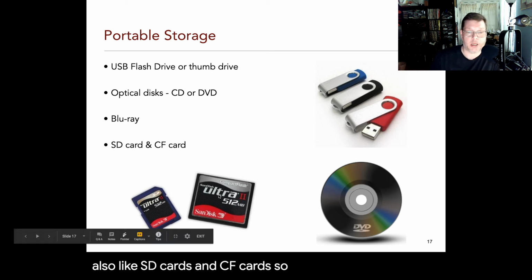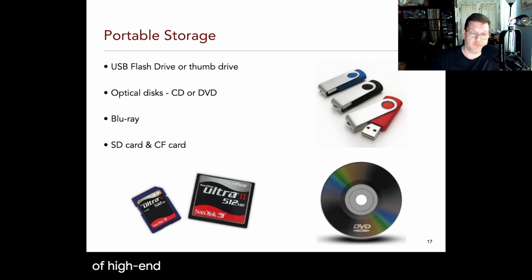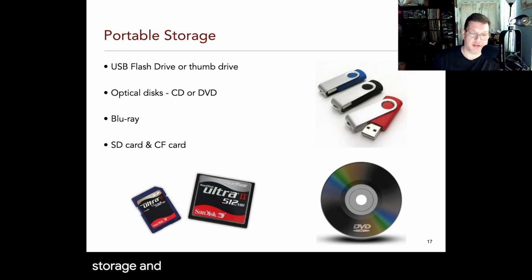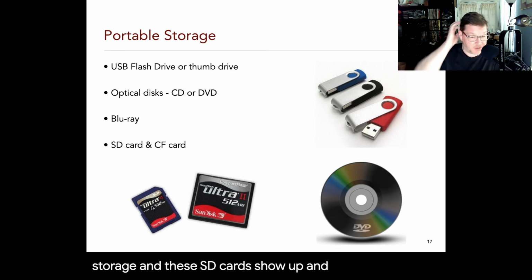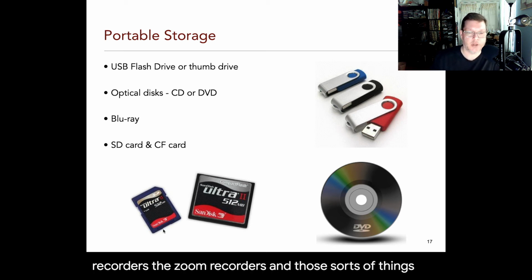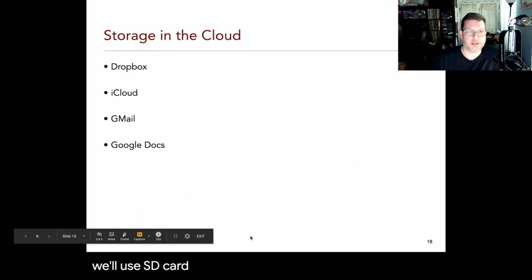So compact flash card, a lot of high-end video cameras will use this sort of storage, and these SD cards show up in lots of things, like your Nintendo Switch might have an SD card to expand its memory. Also, most of the portable audio recorders, the Zoom recorders and those sorts of things, will use SD cards as well. And then there's storage in the cloud,